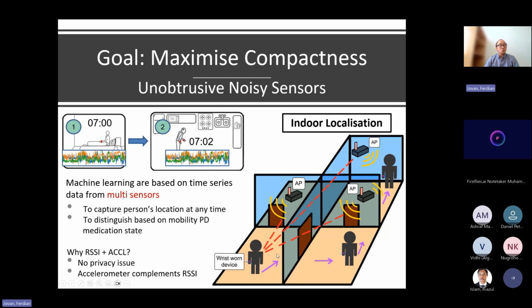Because we have multiple access points, every room will have its own unique fingerprint of signal strength from every access point, and we can use that to do room classification. And there's no privacy issue with this because we don't use a camera. The camera is just used to get ground truth for the labels.